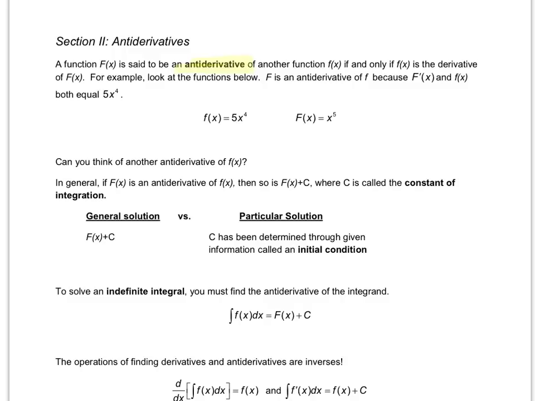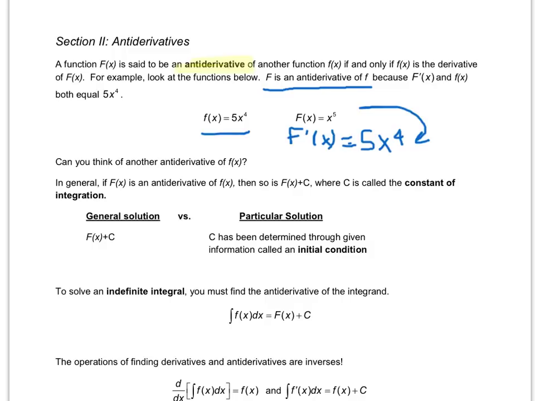Okay, so that sounds really exciting, but let's take a look at it. So take a look at the two functions. We've got little f of x equals 5x to the fourth. We've got capital F of x equals x to the fifth. We say that capital F is an antiderivative of little f, because if you take the derivative of the capital letter, you end up with the exact same function as the little one. So as soon as you establish that relationship and you get that the derivative of capital F of x is the exact same function as this little f of x,